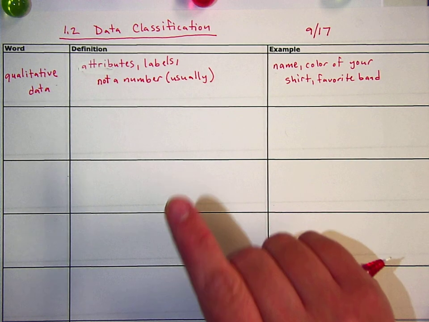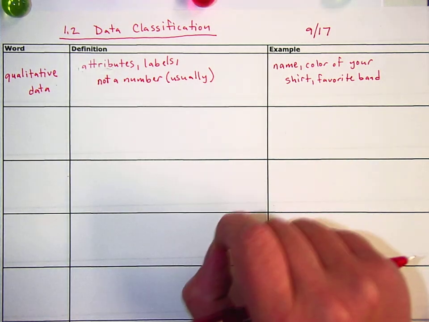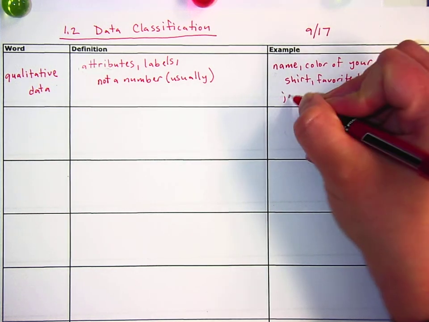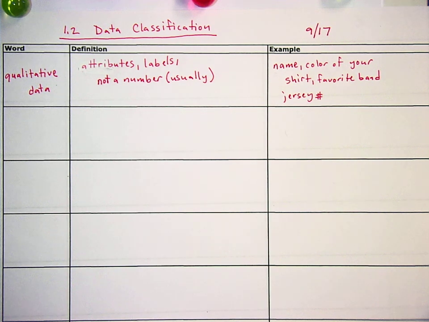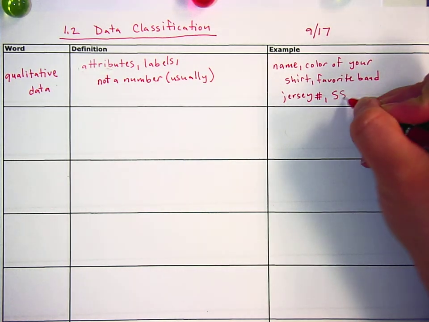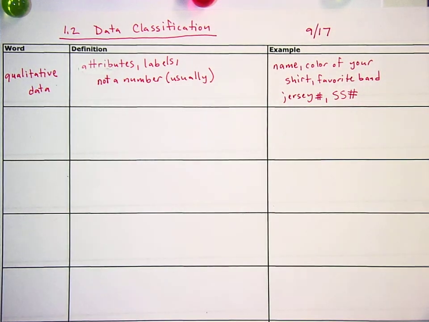So for example, if you are in football, your jersey number counts as qualitative. After all, it's not like they say, okay, who's the best football player here? You're number 1. And then the second best, until they get to the worst football player and give them the number 99. That doesn't happen. It's just a number, right? I know that sometimes it's related to positions, but again, it's just a label. Same thing with your social security number. That's just a label of who you are, not anything about you. It's not like the third number from the end tells you how tall you are.